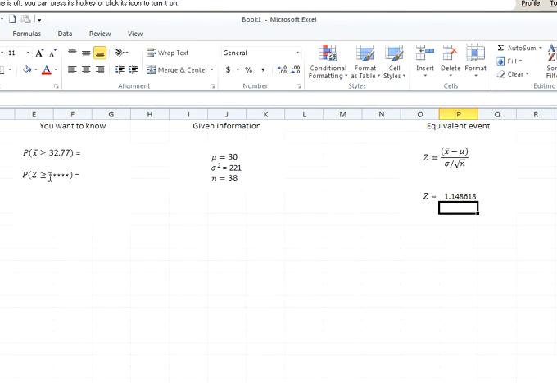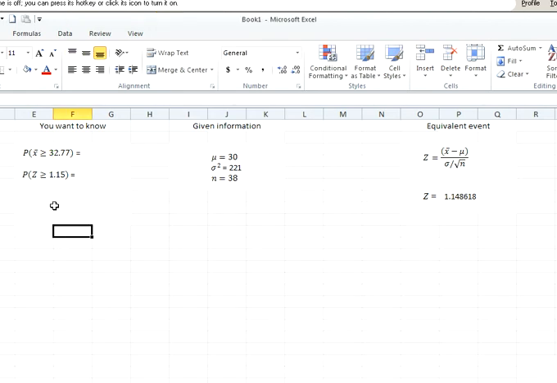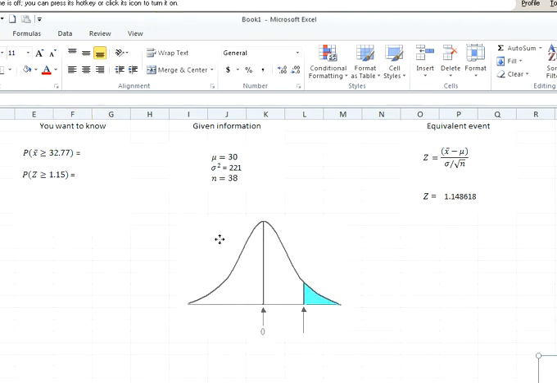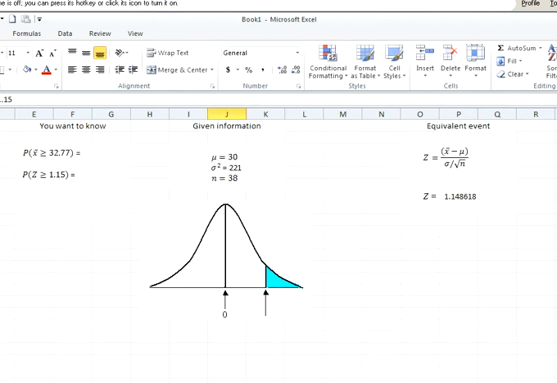So the equivalent event is what? z greater than 1.15. Okay, so you want to find out this probability. Now looking at the z distribution curve, it is this, and 1.15 is right here. So now greater than 1.15, you are looking at this colored area on the right-hand side. Now, if you use the Excel formula, for the right-sided probability or the right-sided area, you have to use